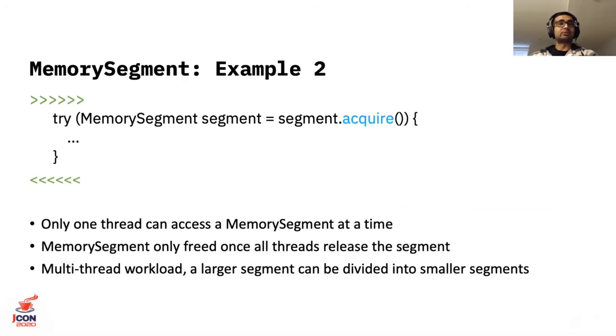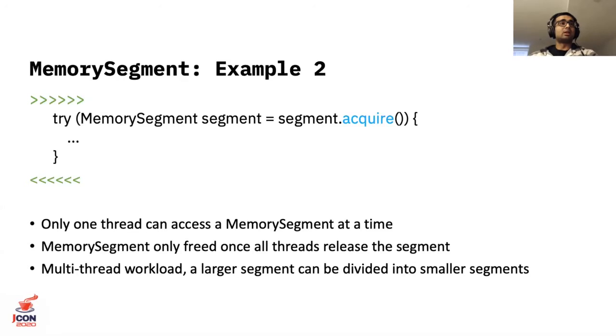Here is another example of memory segment, but here we are using the acquire method, which enforces synchronization. This can be used in a multi-threaded scenario where there are multiple threads trying to acquire the memory segment, and we only want one thread to access the memory segment at a time. So when the acquire is called, one thread needs to leave the try block before another thread can access the